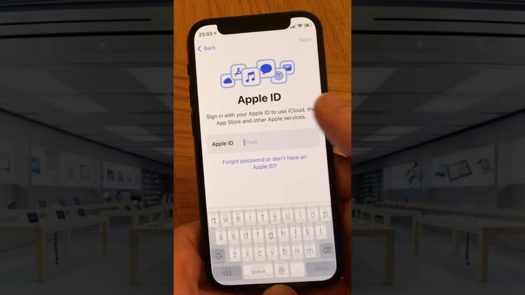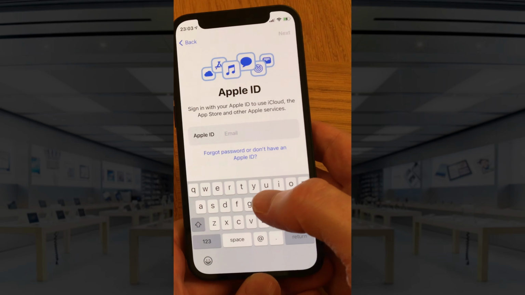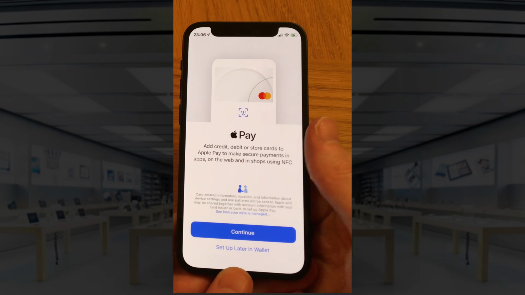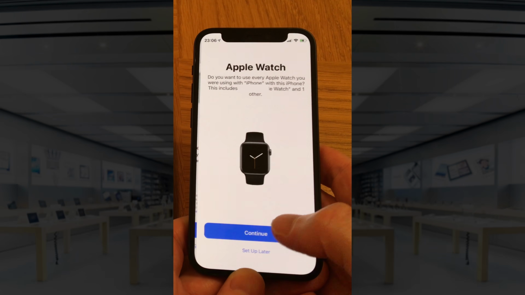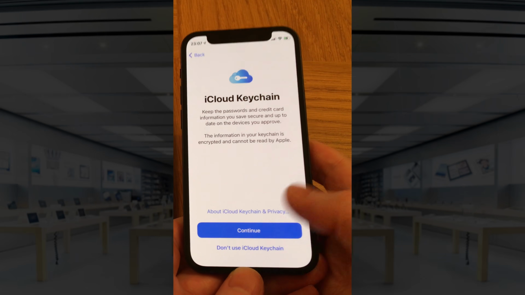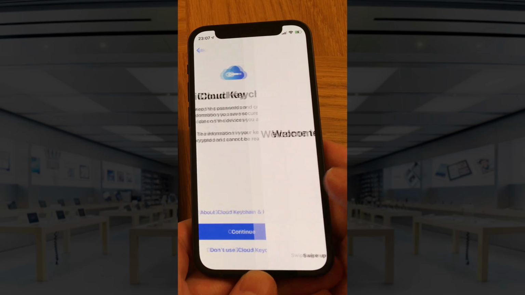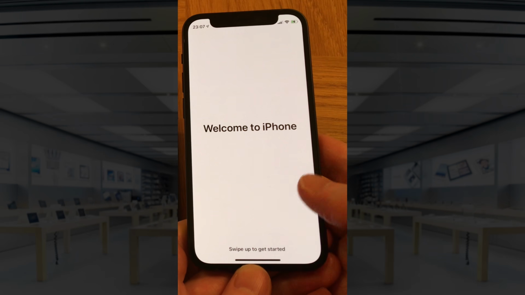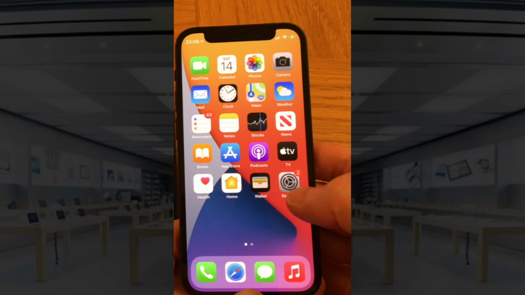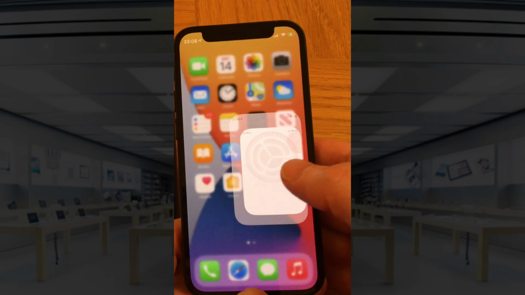Now you may get a few prompts, one for our Apple ID and password, which we need to enter, but for the other prompts, it's best to click on Set Up Later or Don't Use to save time, as we will be starting the iPhone up again anyhow. Welcome to iPhone. If we swipe up, we can see that our iPhone 12 is now set up, and if we go to Settings,